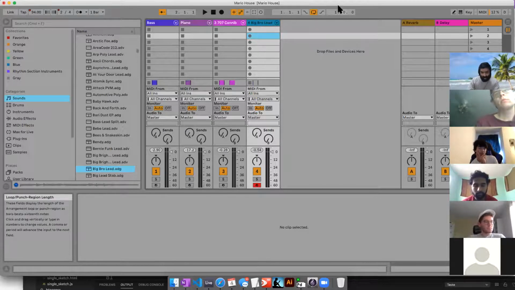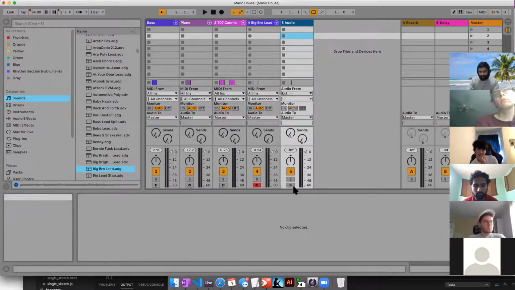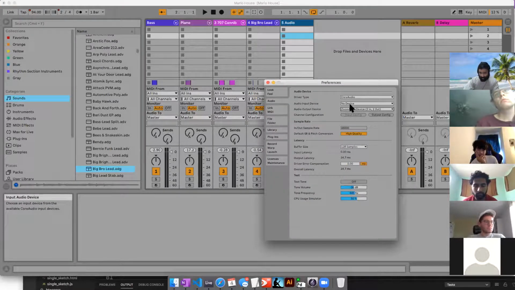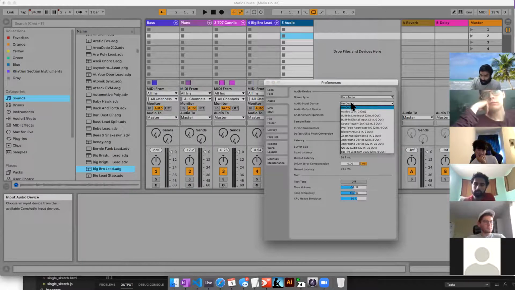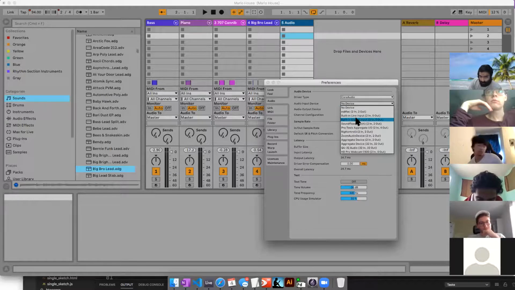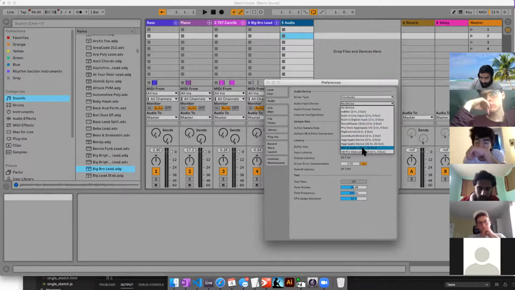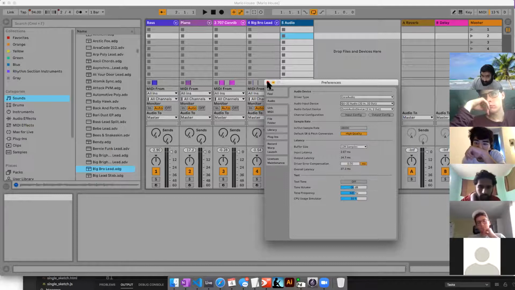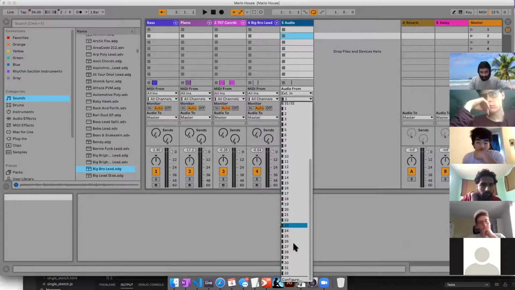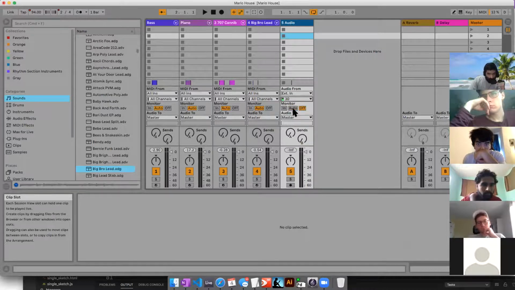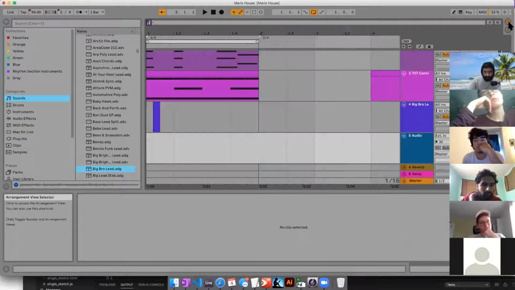So for instance, I could take a track right here, and I have to set my audio input correctly. Incidentally, you have to set your audio input device and audio output device correctly, right? We're going to talk more about this on Tuesday of next week, but I'll tease you with this for now. Just in case you're curious, I have to set my audio input device to be this thing, which I know because I've used it before. I have to set the appropriate channel to be this channel. And now if I do this, and I start recording on that channel,